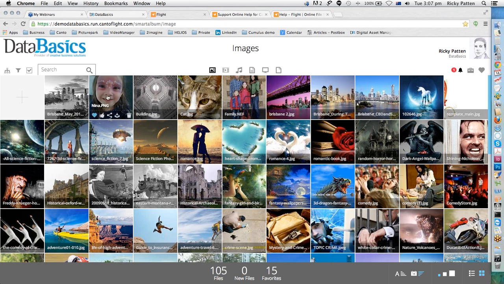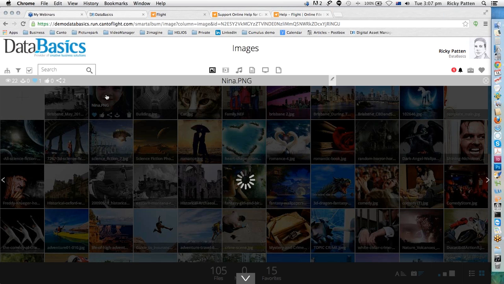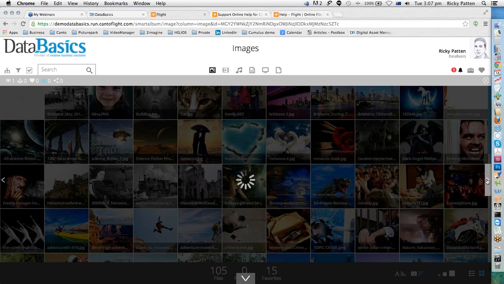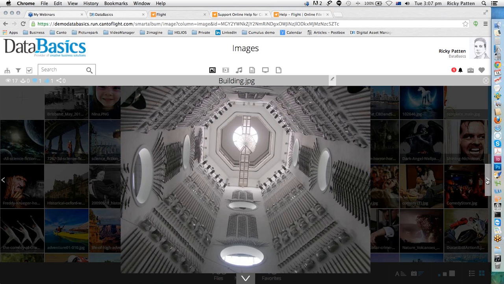So what can we do with images? When I click on one of the images here, and you can see I've got a PNG at the moment, it opens up and shows me a full screen preview of that photograph. I can move to the next file here, and you can see that it will show me a full screen preview of that file,